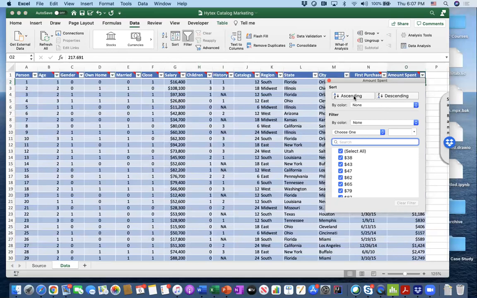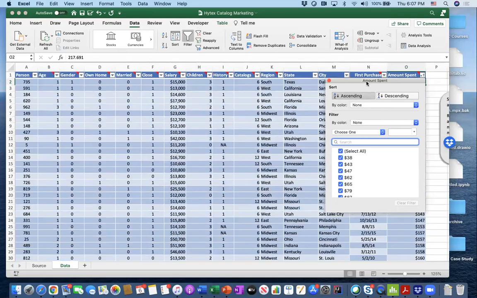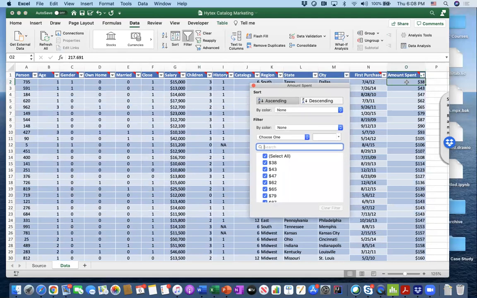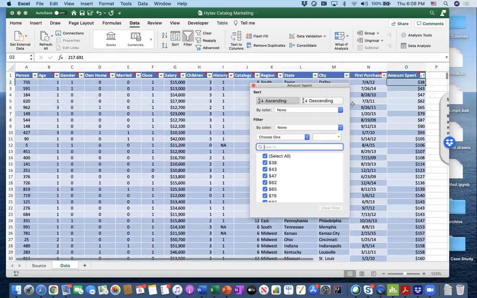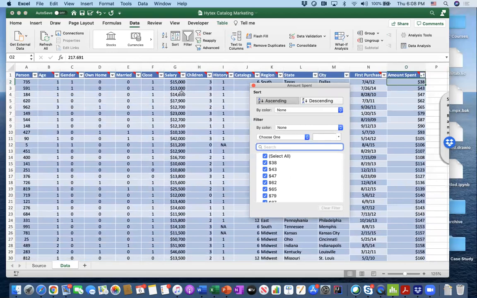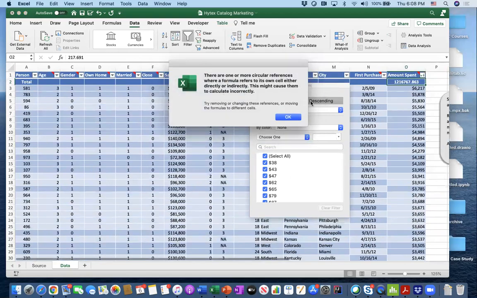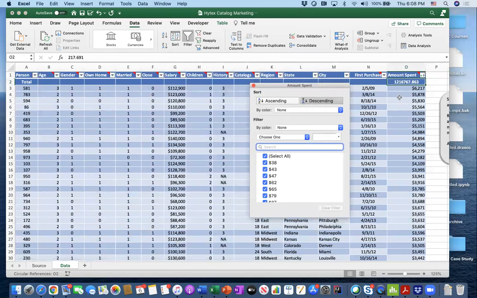You can sort them in ascending order. In this case, you would be looking at the minimum amount spent for the customers, right? The entire data set is already sorted. Or if you would like to take a look at it from the highest to lowest, you could get it like this. It looks like the last row was the total row, so ignore that. But if you look at the second row, you see that this customer is actually the one that made the biggest spend. All right, so let's disable that,